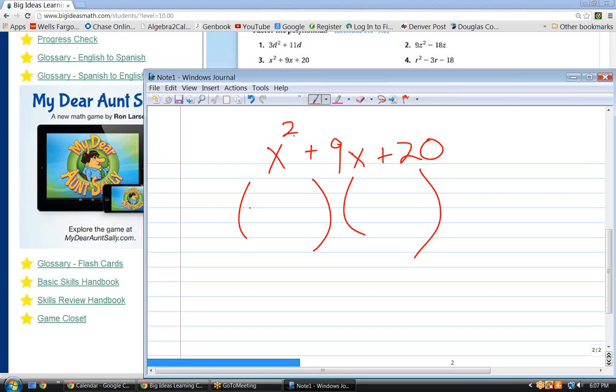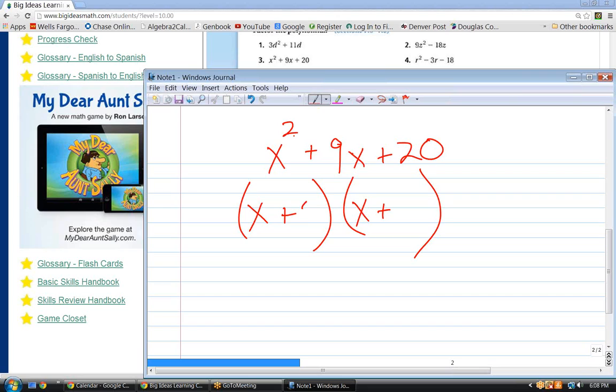Put an X in each of the parentheses. Next step? And then I think it's plus and plus. Good. Next step. And then I think I forgot. Okay, what do we need? We need factors of 20, which means two numbers that multiply to 20. That add, because of that plus sign, to this number. Right. What are they? What two numbers multiply to 20? 5 and 4. Add to 9,